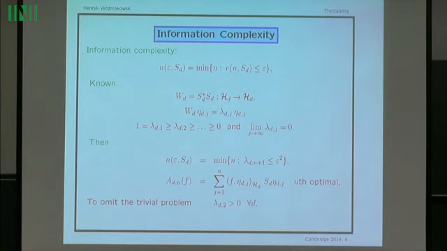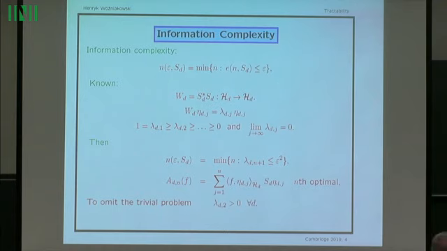Now, it is not the total complexity. I am not telling you how hard it will be to combine this information. I am only telling you how many linear functionals you need to compute to get an epsilon approximation. Although, as long as you are in the Hilbert space setting, in fact, I am now just quoting the old result, which is well known from the 80s or maybe even before, namely that,